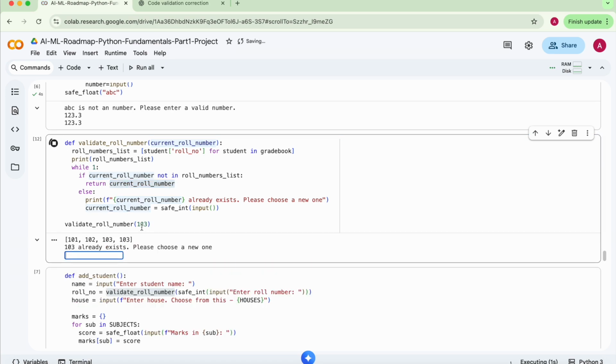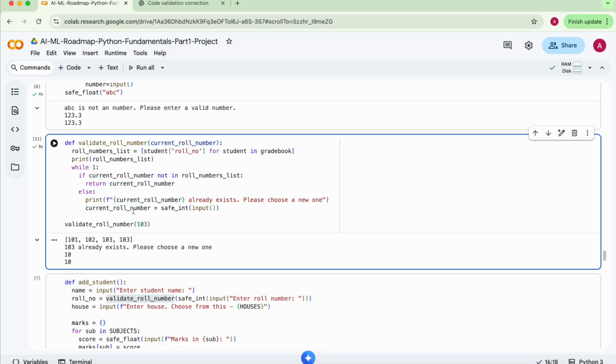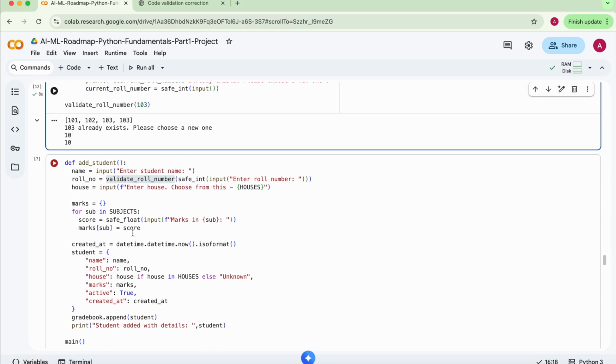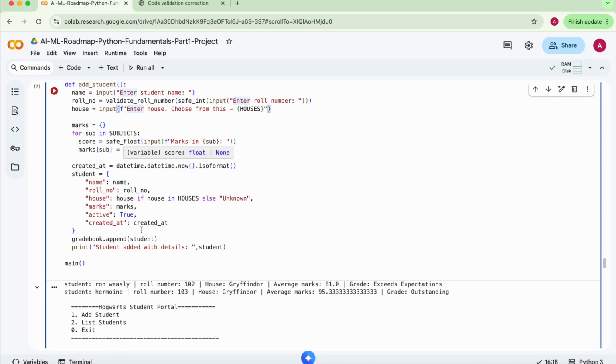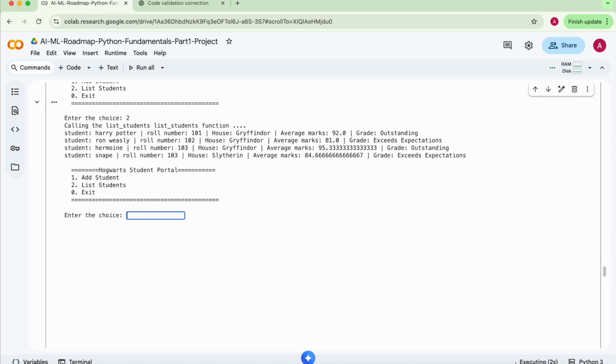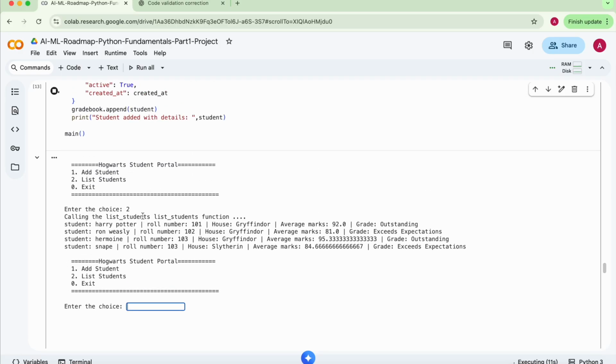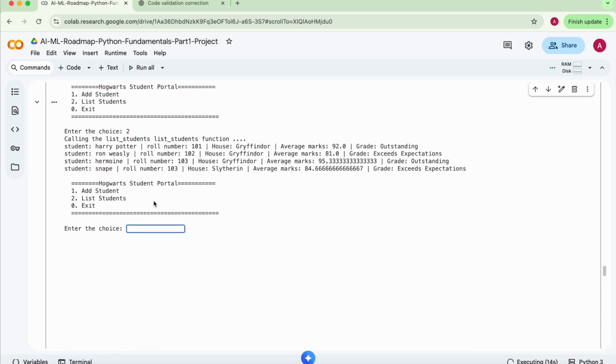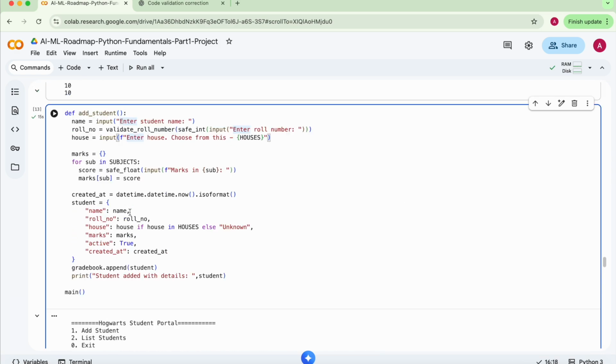So let's say I mentioned 103, so it already exists, right? So it reprompts. Now if I mention something like 10, so it will work, right? So now we'll embed it in our add function and let's verify it. Okay, quickly. So quickly list 2, it already has, so we cannot remove it for now. So let's try to remove it first. So let's try to exit 0 and let's try to